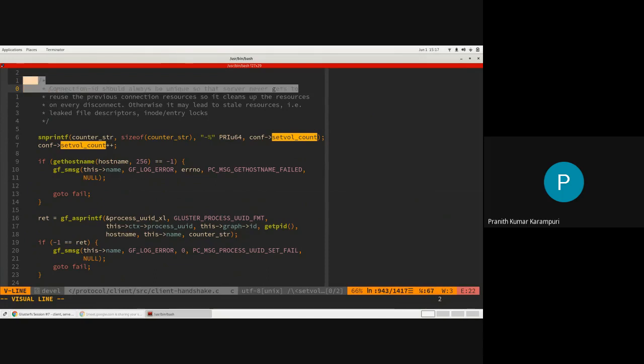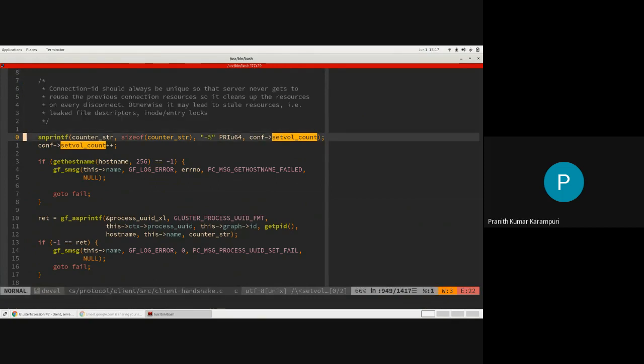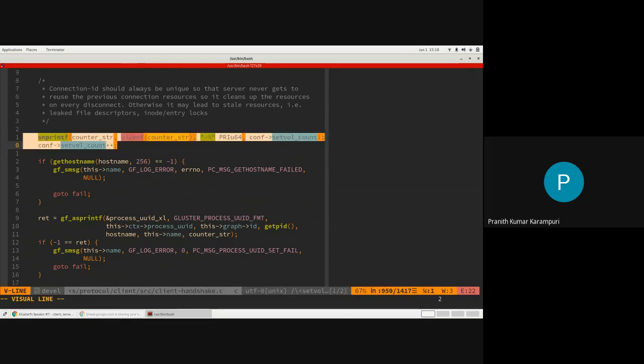This is to make sure that the connection ID is unique per client translator. So it needs to keep giving a separate ID so that the client underscore T that gets allocated to you is different upon reconnection. This is the only thing that is different in the reconnection path.